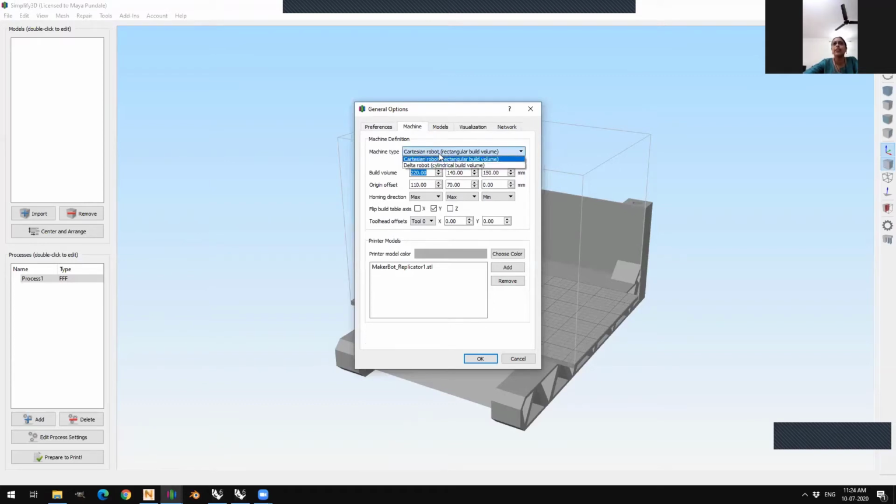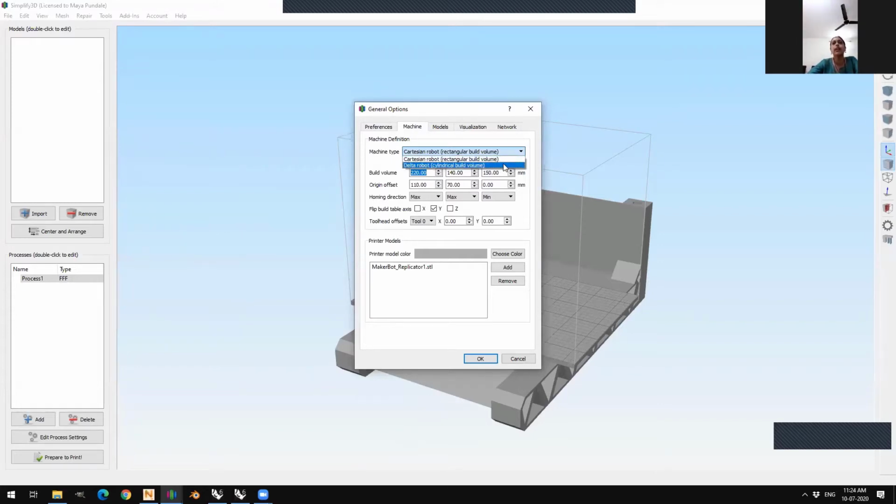As you can see, there are two main types of FDM technologies. One is a Cartesian and the second one is a delta. And as you can read, Cartesian means rectangular. So generally in this kind of machines, you have the X and Y standard on the build plate. You have the extruder moving in the X and Y axis, and the build plate physically moves up and down in the Z axis.